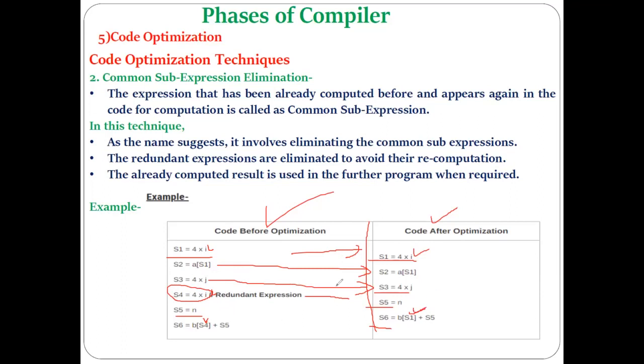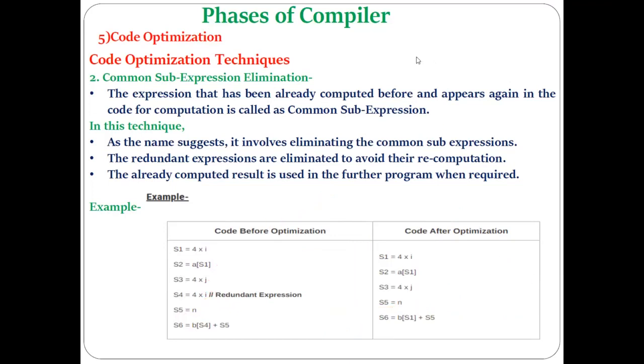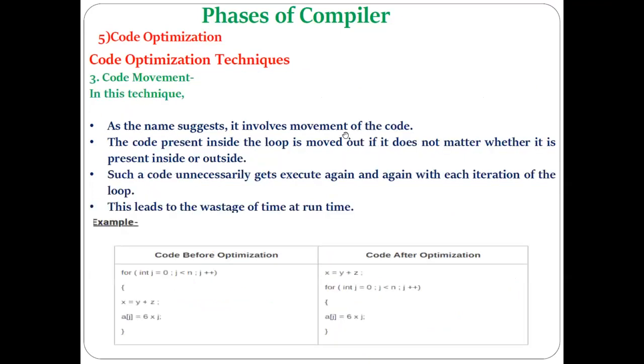So the meaning of the program will remain the same and the output will remain the same. You are only doing some rearrangement within the code without affecting its final meaning, but this rearrangement reduces your program. How many instructions are here? 1, 2, 3, 4, 5, 6. Here there are only 5. So space gets saved, time gets saved, and this is considered one of the major improvements within a code as part of code optimization. Okay, I hope all of you have got this.